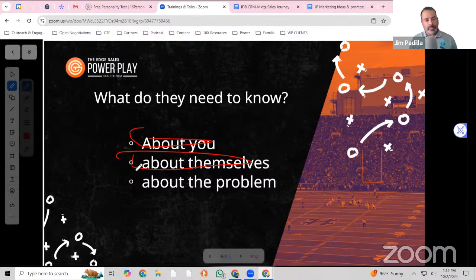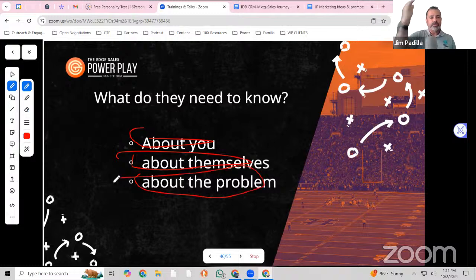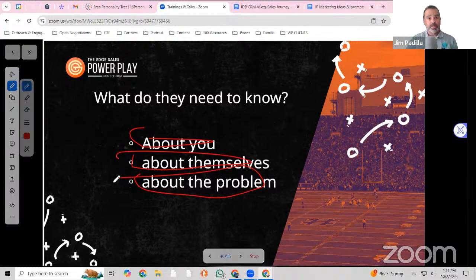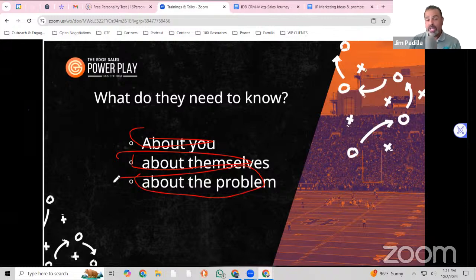Okay. The problem. What do they need to know about the problem? They need to know that the problem is real, that it's present, and it's got consequences if it is not solved. Right? The problem today that we are constantly making people aware of is that if you don't do something about bulletproofing your sales system, your revenue generation processes and strategies as we move into this winter season that is upon us, you will be struggling if you survive it at all, or you'll be working for somebody else, because you have to have predictable metrics, predictable means and measures of generating revenue in any environment. And we've got you on that.